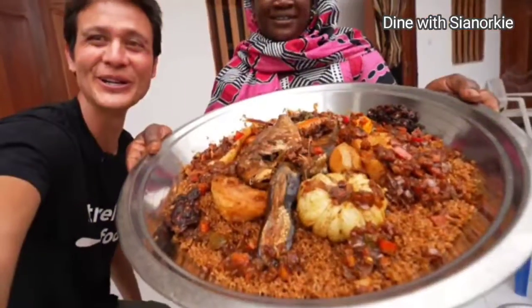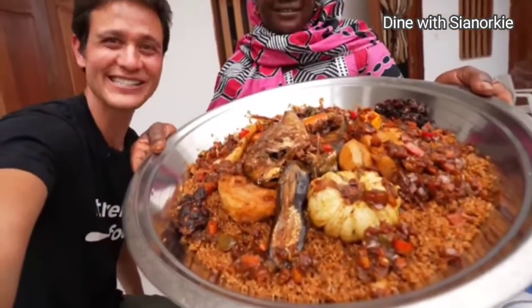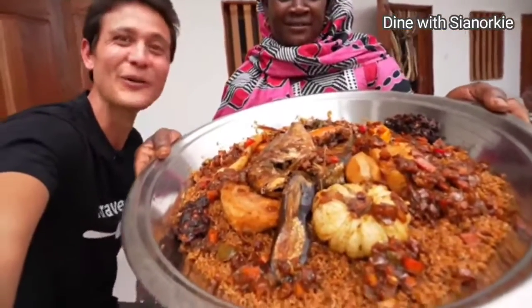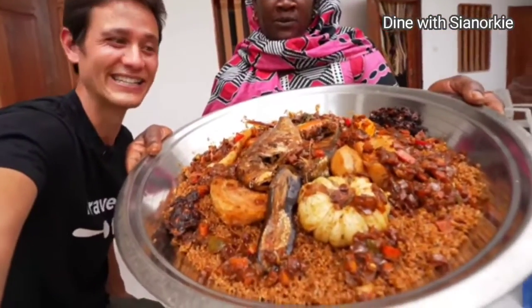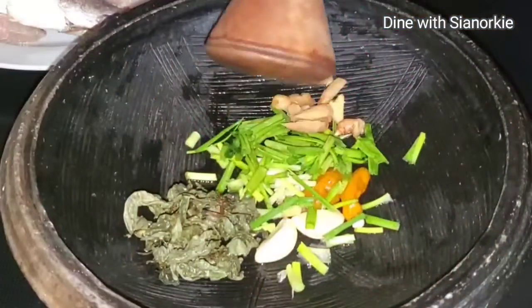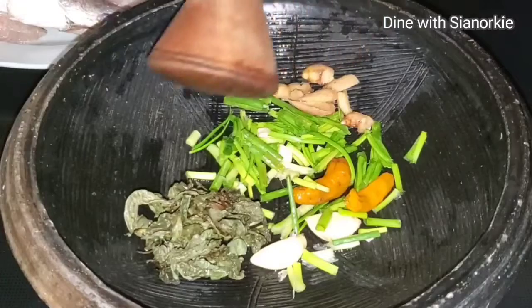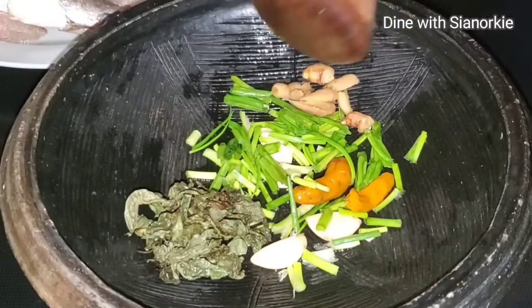This is the real deal jollof rice. It doesn't get better than this in the place where it originates, where it was invented. Oh, this is beautiful. People, I have with me here some garlic, some spring onions, scotch bonnet pepper, dried